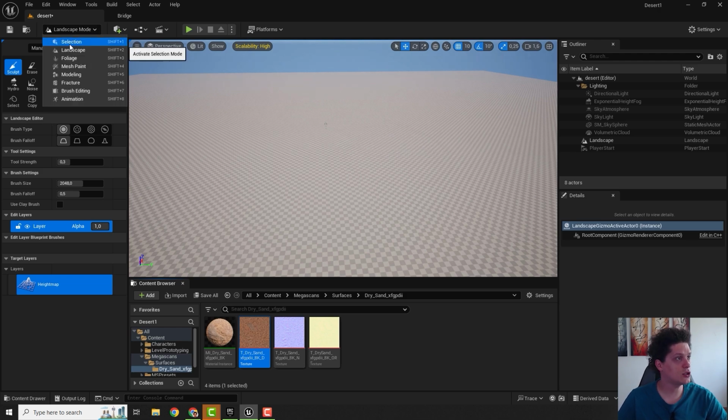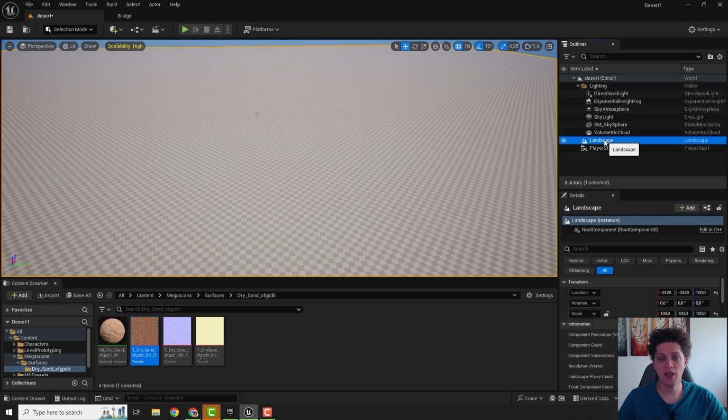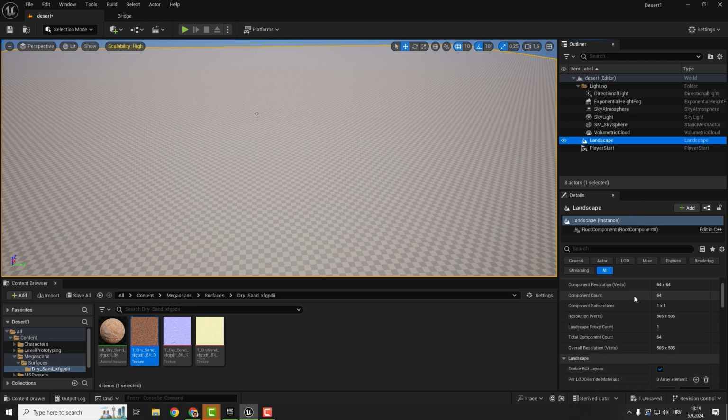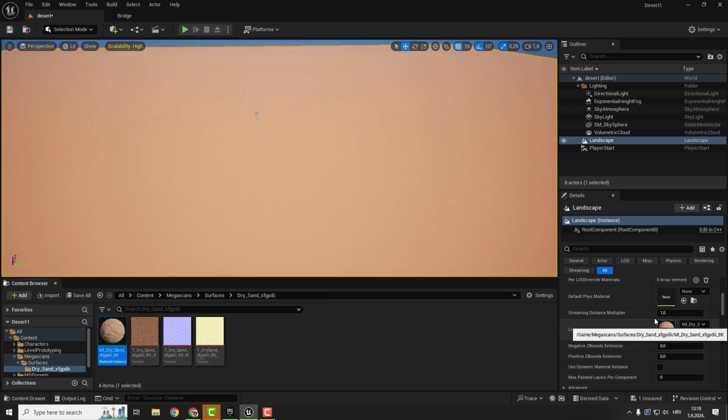Go back to selection mode, and on the right side you can see the landscape. This is the landscape that we created before. And if you go under the details over here, just scroll a little bit down until you see this landscape material. Now just drag and drop this material to the landscape material, and we have our desert. If I hit play,